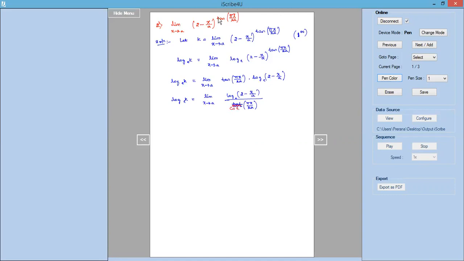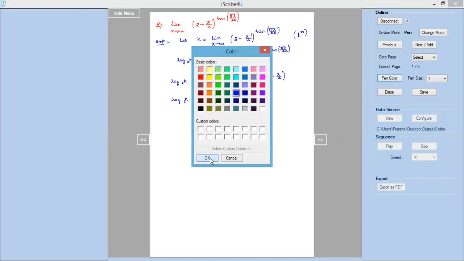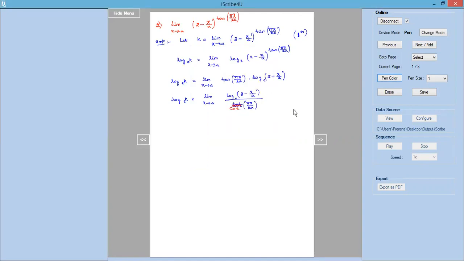Cot of pi x by 2a. Now we will have to observe it is of what form. Once it is into the form 0 by 0 or infinity by infinity, we can apply L'Hopital rule. So let us check that orally by applying the limit as x tends to a. As x tends to a, this will be 2 minus 1, which is 1, log 1. Log 1 is 0. Divided by, we get 0 form only. You can just check that as well. So cot 90 we will get, cot 90 is 0. So 0 by 0 form, and that is the reason we can apply L'Hopital rule.